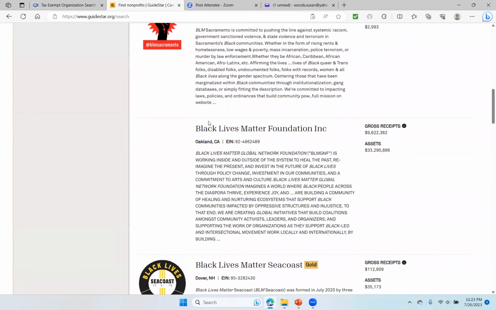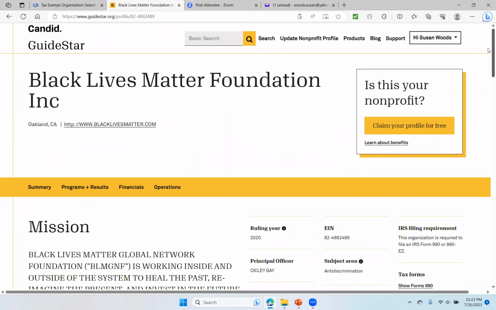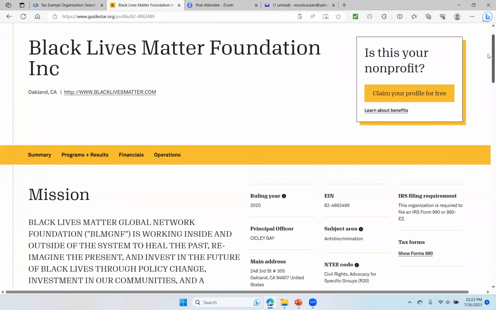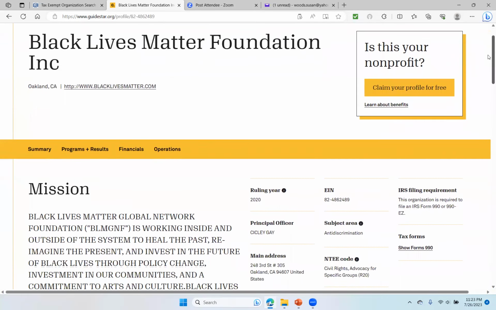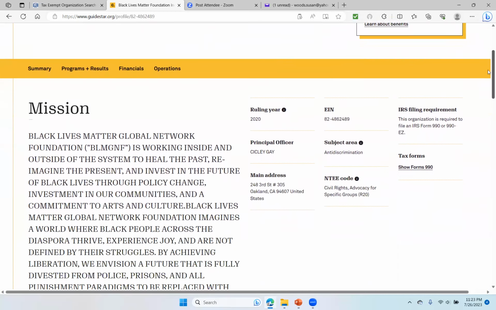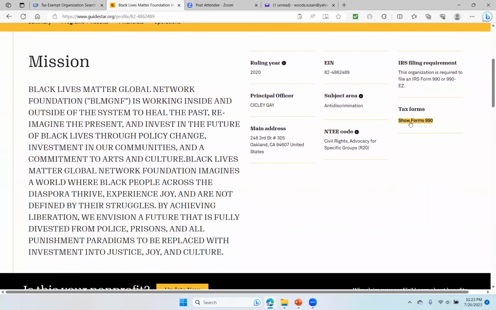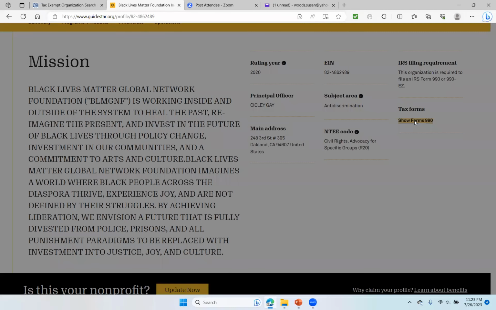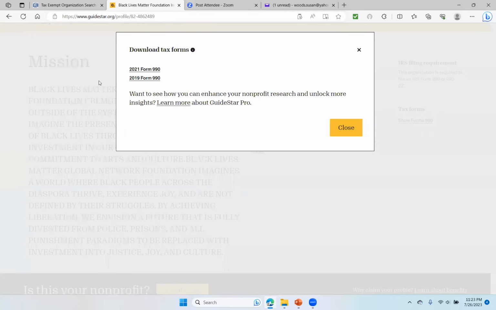Now, I found the Black Lives Matter Foundation. It's not listed as the Black Lives Matter Global Network Foundation. I verified the EIN is accurate, so I'm going to click on it. And you have to set up an account in order to look at the information. And so I said, okay, I'm going to go over here and I'm going to click on tax forms, show 990s, and I want to see the 2021